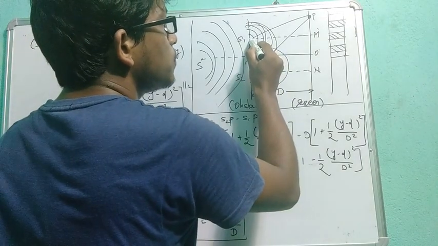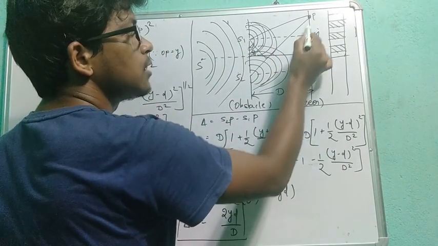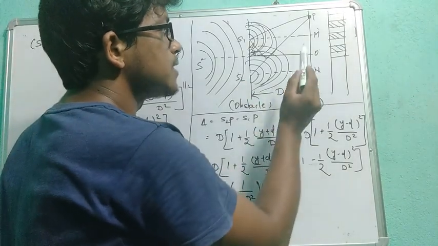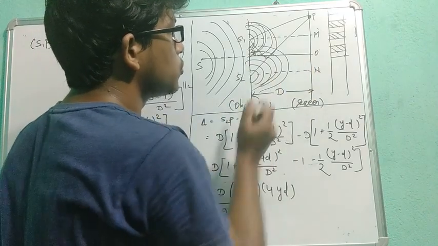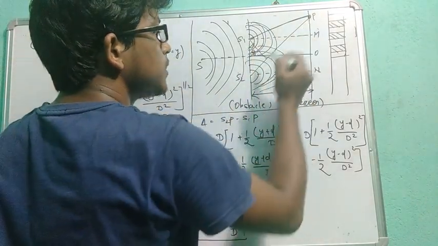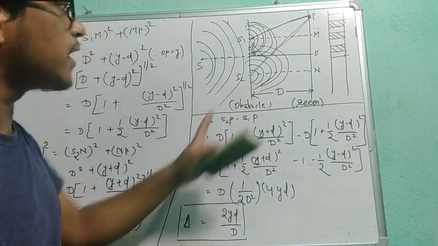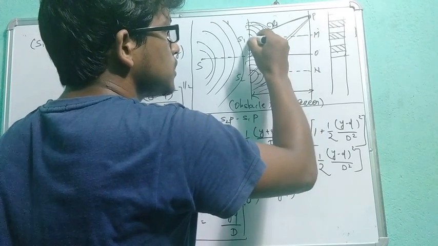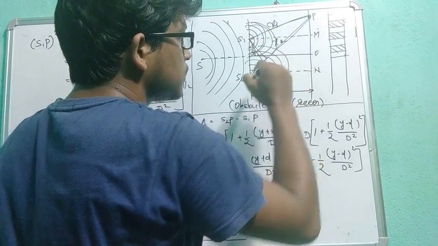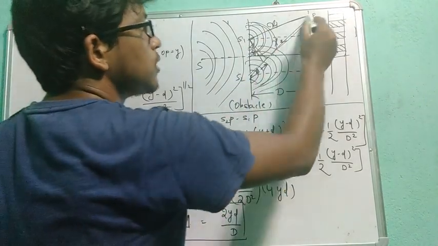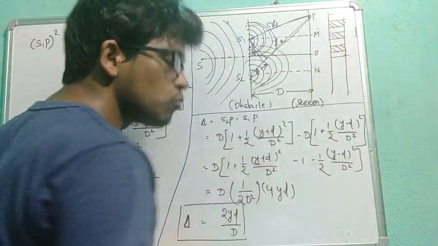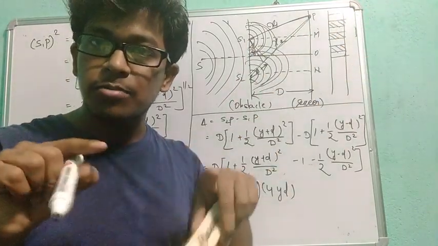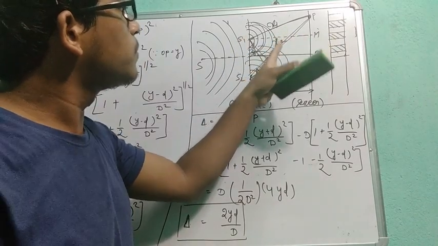And I drop a perpendicular from source S1 on the screen, that is M, and another perpendicular from source S2 on the screen, that is N, and this from source S, that is O. This is the distance S1P, this is the distance S2P. Same thing, earlier I told X1, X2, this is the path difference, this is your lambda. So now I'll calculate how much is your S1P, how much is your S2P. Same thing, I will subtract S1P from S2P.